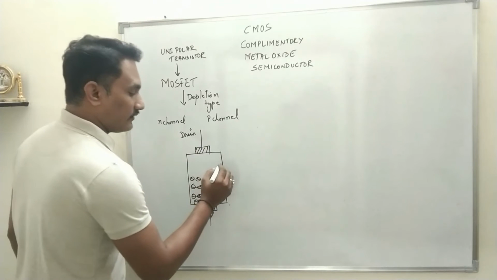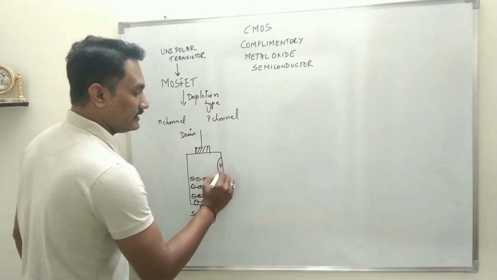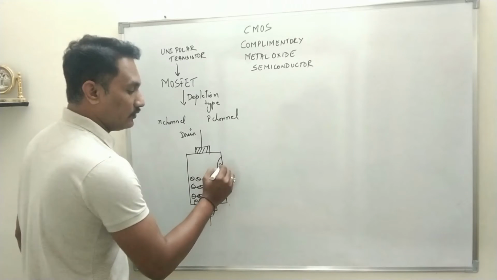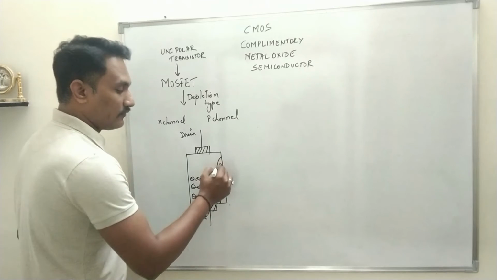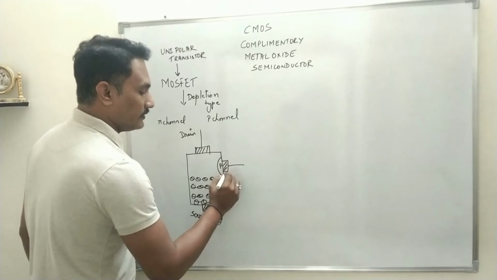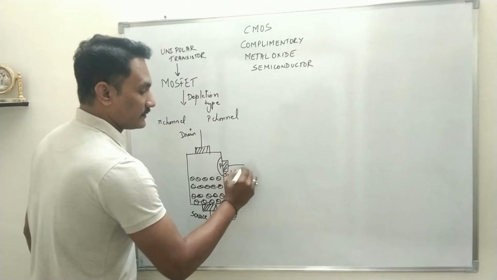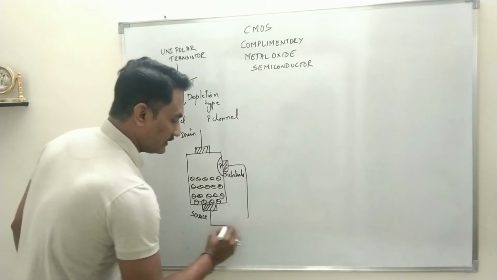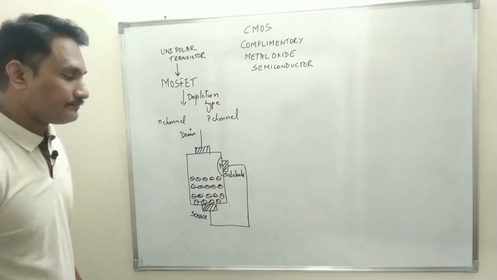On one side of this N-type semiconductor, we form a PN junction diode. That means we dope, if it is already N, then we dope a trivalent impurity to form a P region, and the terminal which is taken out of that will be called the substrate. And this substrate is always internally connected with the source, always.